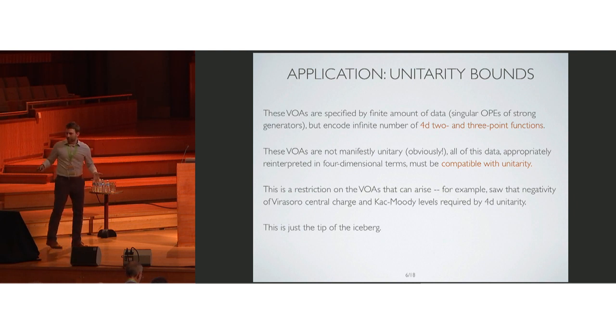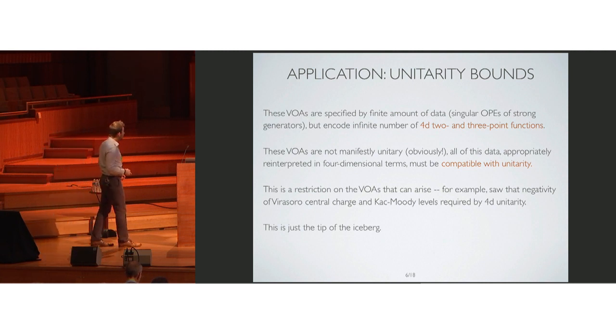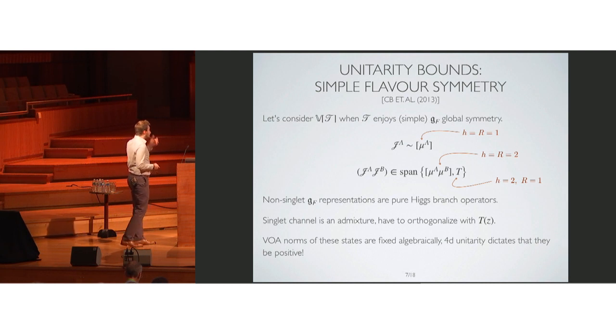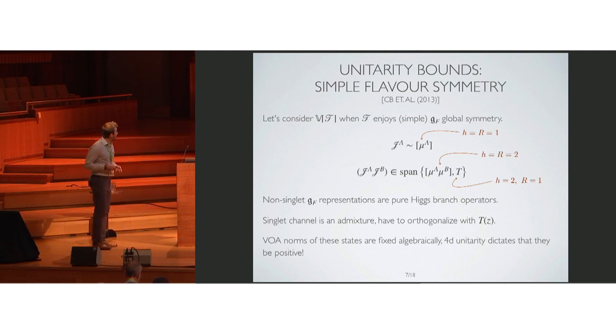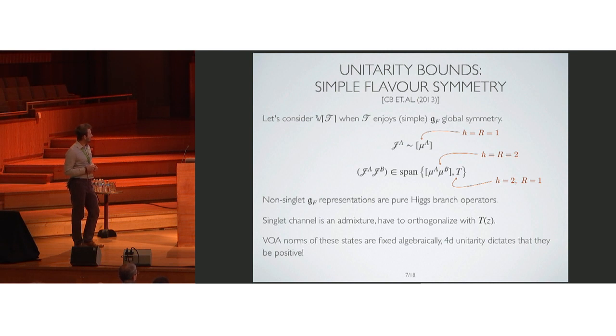The simplest, dumbest example being that I just told you that c and k have to be negative. But this is really the tip of an interesting iceberg. So suppose I have a four-dimensional theory that has G_F global symmetry. Then I said that the moment map operator in the Higgs branch chiral ring of that theory gives rise to an affine current J^A. And then I can consider the normally ordered product of J^A with J^B, sort of quadratic composites of